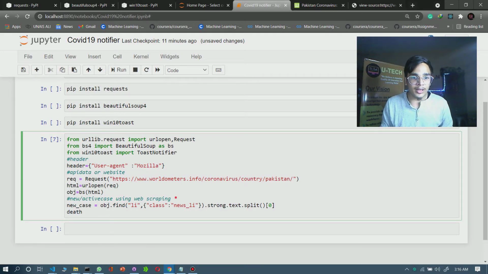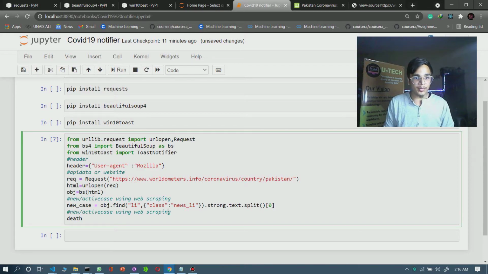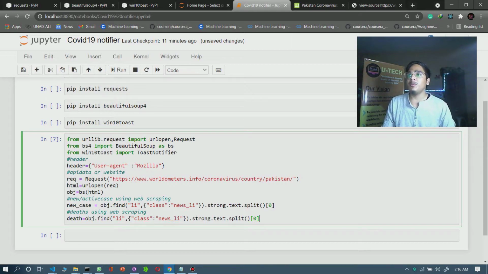So let me copy this and paste it here. In a variable we will do the same thing. Just copy this one and paste it here. Why am I doing the same thing?